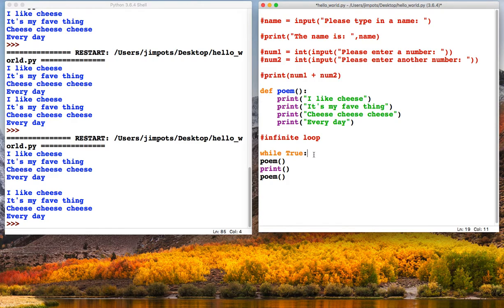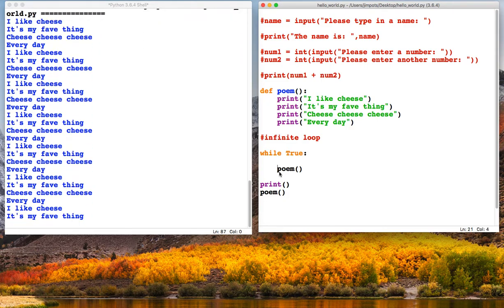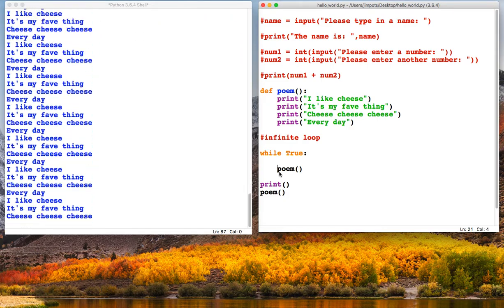Now, when you're writing a while True, so an infinite loop, it's very similar to a function in that anything you want to run inside the loop needs to be indented. Okay, so if I could show you an example here, I'm going to indent the function I wrote last time, and to do that, I'm just going to press the tab key. Okay, and if I run this now, have a think what we might see. I'm just going to press F5. So we've got my poem going over and over, okay?